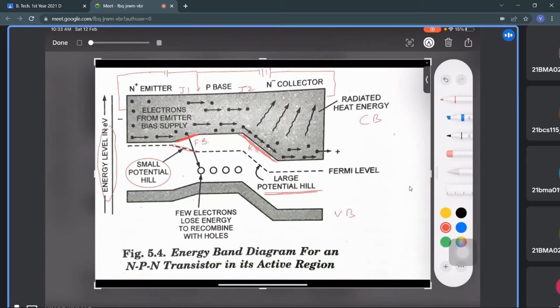So when these electrons from the emitter supply are coming into this, they are going to recombine with the holes. 5% of them, not all of them. Okay, the rest will go straight like this. Can you see the concept? Because from here the energy starts dropping, so a little energy drop has happened, meaning forward bias has happened, that's why it is going to recombine with these holes actually.